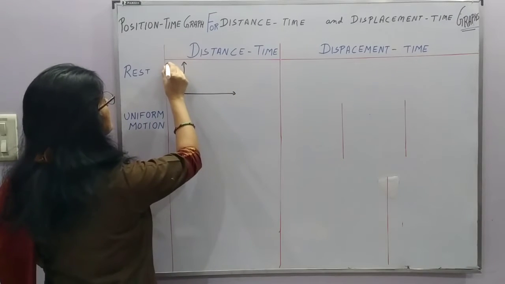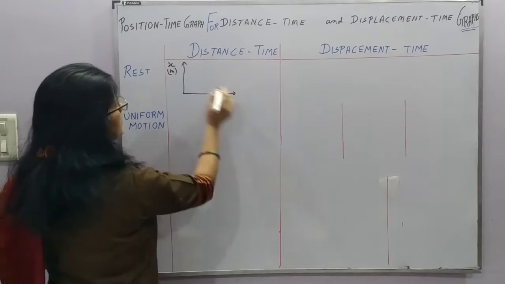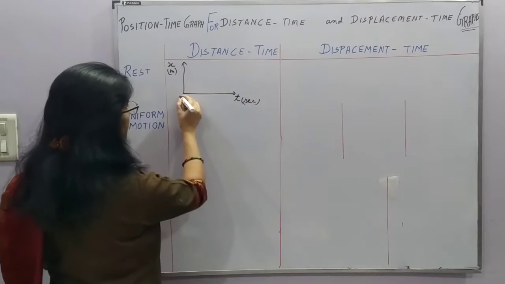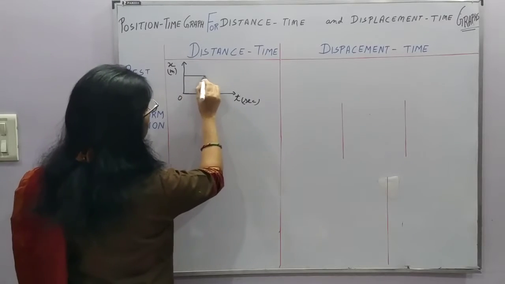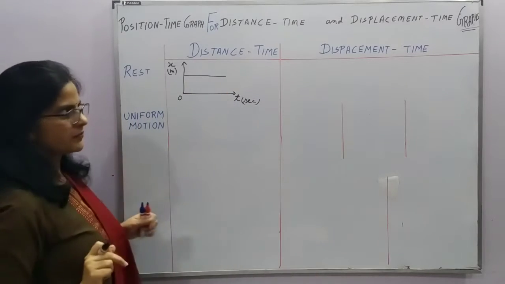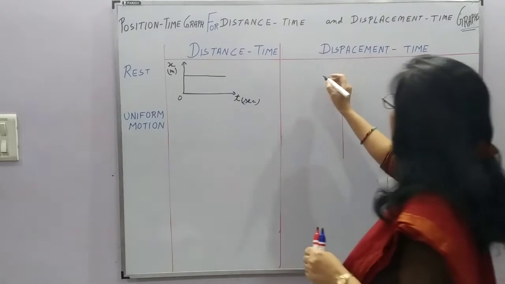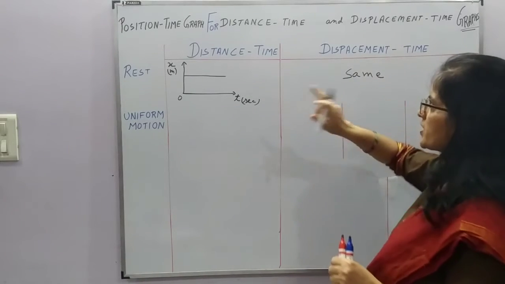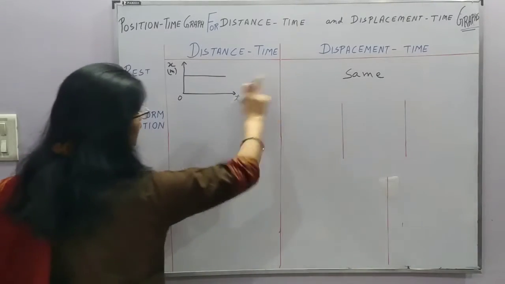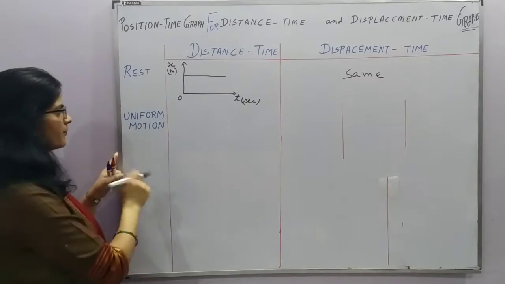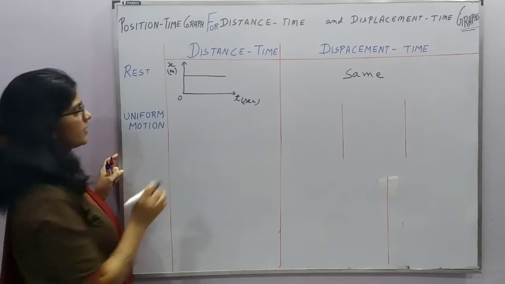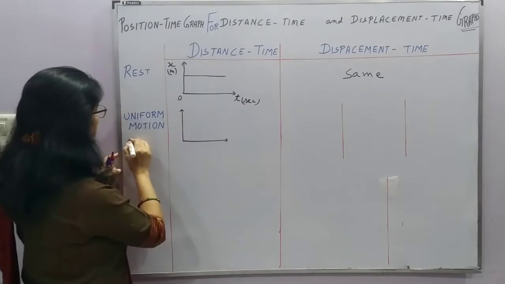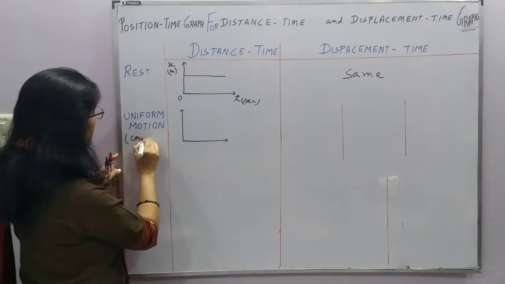This is the position x in meters, this is the time in seconds, right? This is 0. So rest means the graph is parallel to the time axis. This is same in this case also. If it is at rest, the position will not change with time. Now in case of uniform motion, again we have already discussed that uniform motion means constant